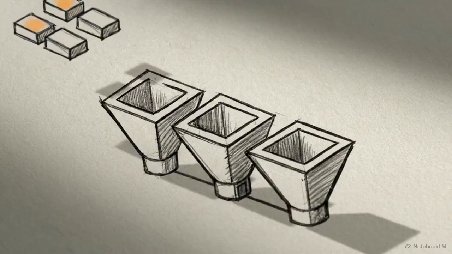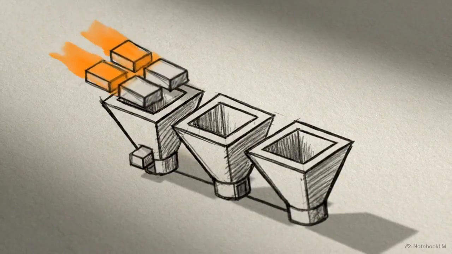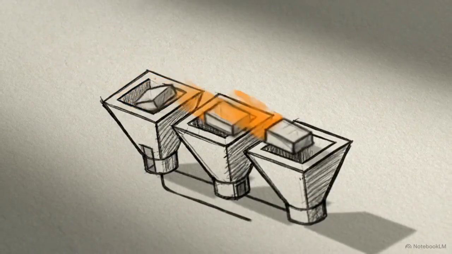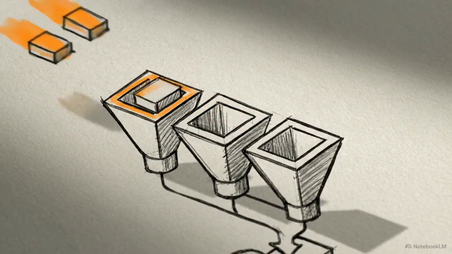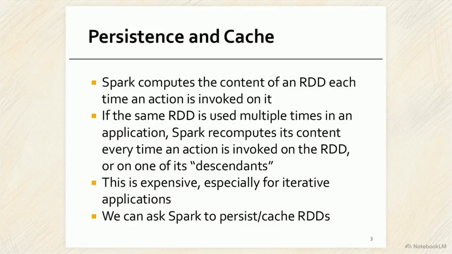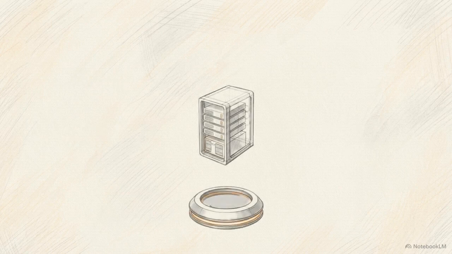While these data structures are efficient, Spark's default behavior of lazy evaluation can lead to a significant performance trap during iterative algorithms. This slide highlights the cost. Spark recomputes an RDD's content every time an action is invoked. In an iterative loop, this means the cluster wastefully recreates the same dataset from the original source files over and over again. To definitively stop this wasteful cycle, we must explicitly ask Spark to persist or cache the RDD across